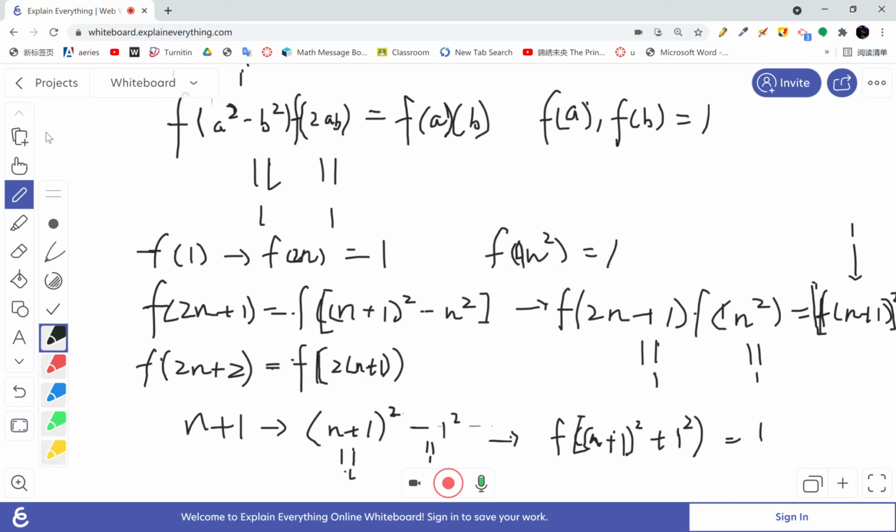So this basically completes our proof because from 2n plus 3 and so on, the cycle will be like going through this back and forth, right? Since you know that f of 1 to f of 2n plus 2, which is f of 2 times n plus 1, is equal to 1, then this plus 1 is always going to go through this rule,